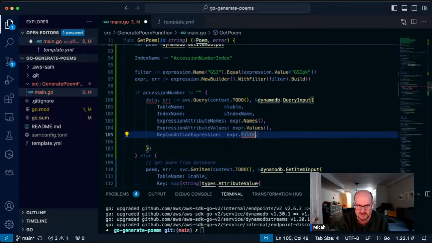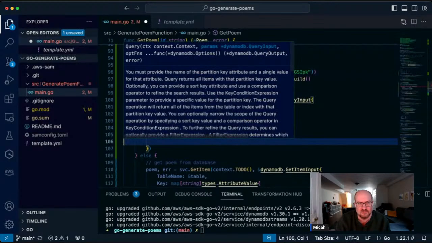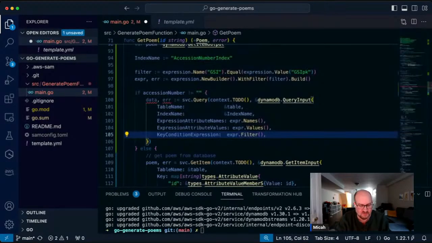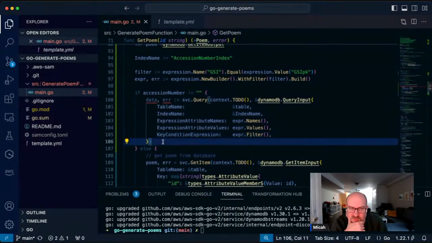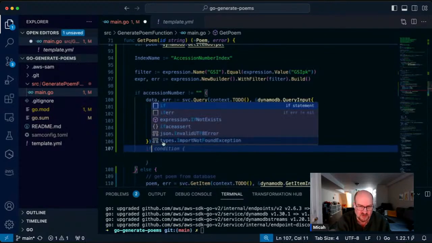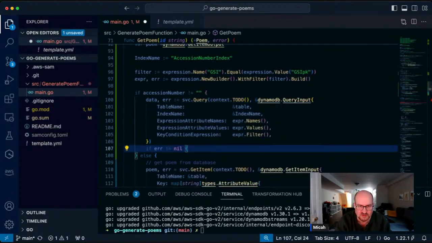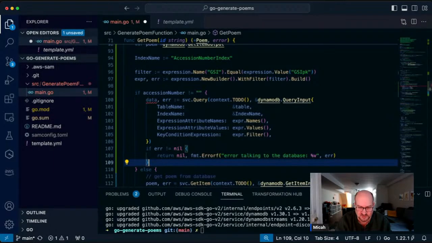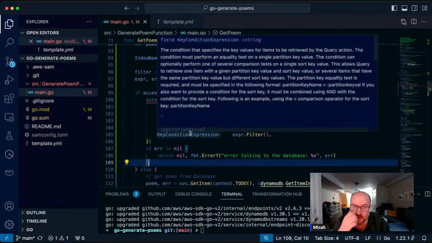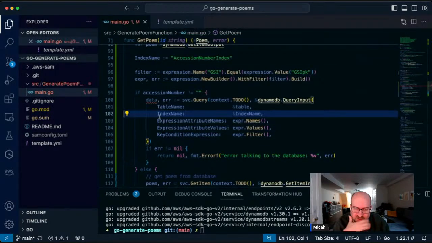Expression.filter. Whoops. Okay. I think that's all we need. Well, we need to check the error. So that is just an if error is not equal to nil. This is exactly the same error we're going to do here. Okay. Cool. So I think this is going to work.